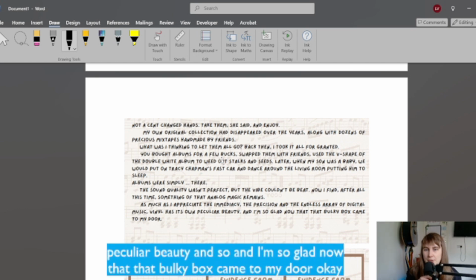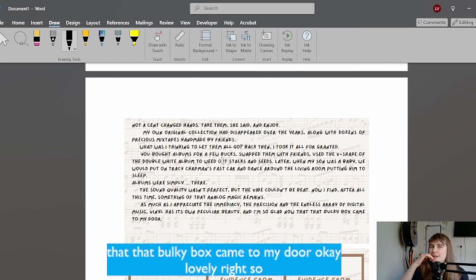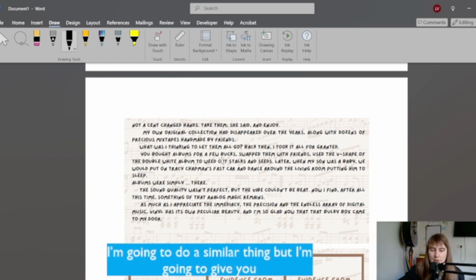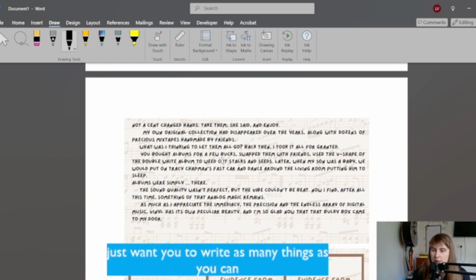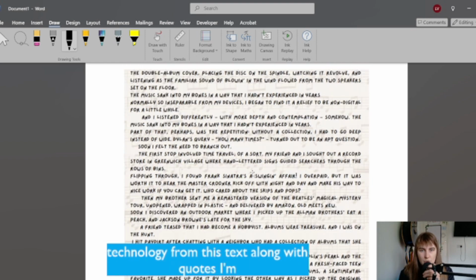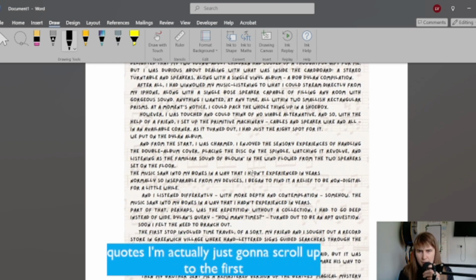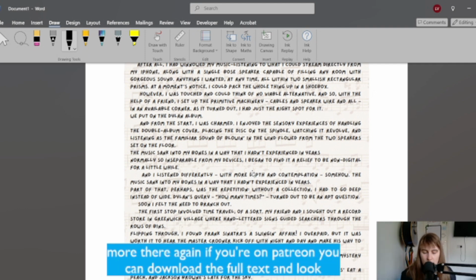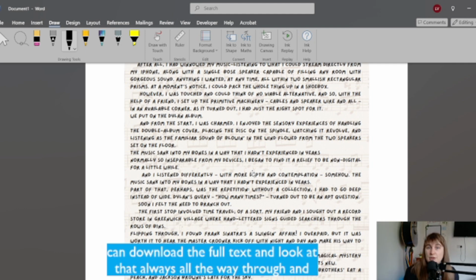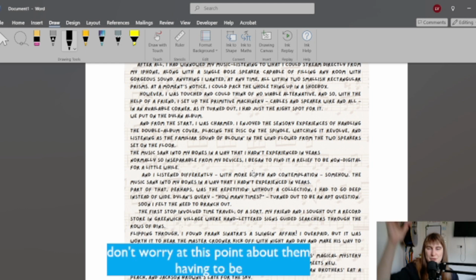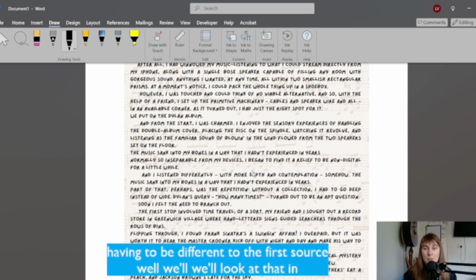Okay, lovely. Right, so considering some of the things that I talked about there, I'm going to do a similar thing, but I'm only going to give you a minute this time. I just want you to write as many things as you can think of about music technology from this text, along with quotes. I'm going to scroll up to the first half, because there's probably more there. Again, if you're on Patreon, you can download the full text and look at that all the way through, and find some evidence for the point you're making. Don't worry at this point about them having to be different to the first source. We'll look at that in a moment, which is why I'm only giving you a minute,